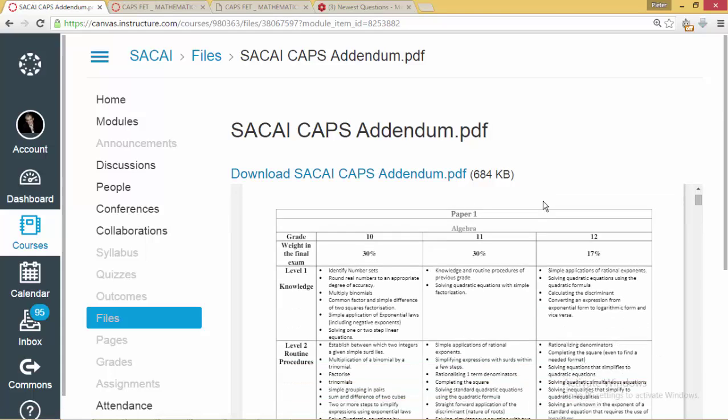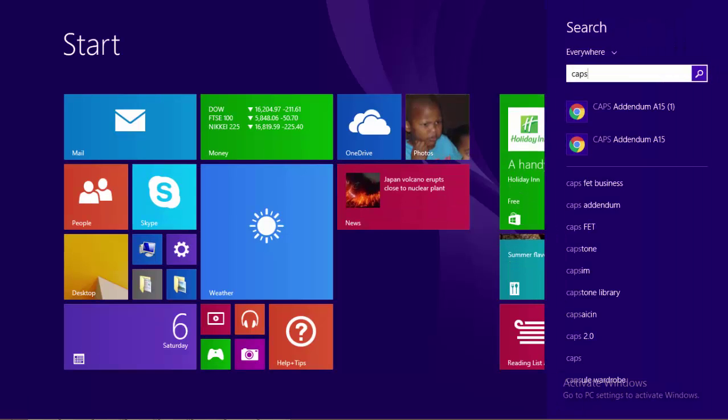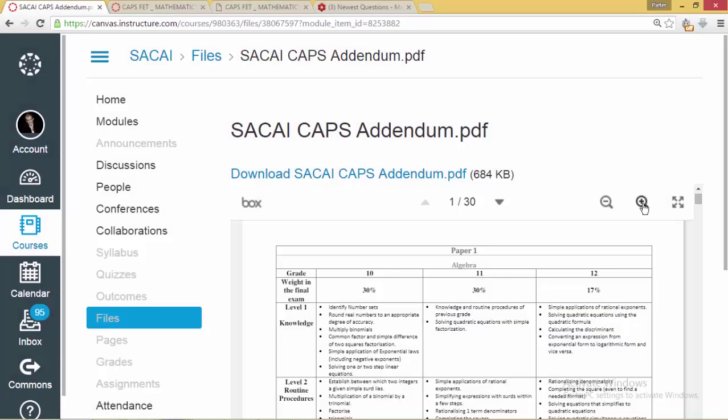Okay, so here's the CAPS addendum that I created on the next page. I think that will be very helpful, and it was very helpful to me. The CAPS addendum that you made up? Yes. So what I did